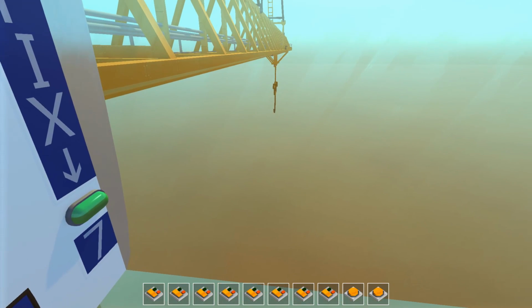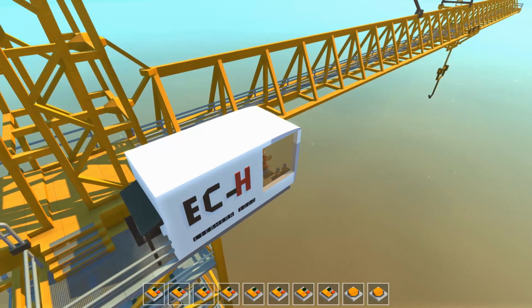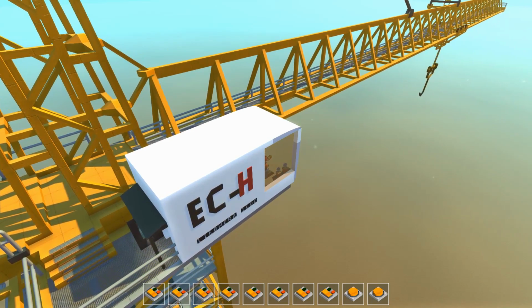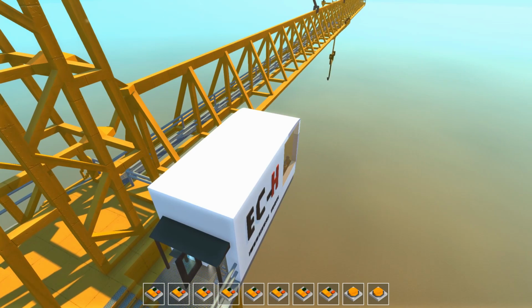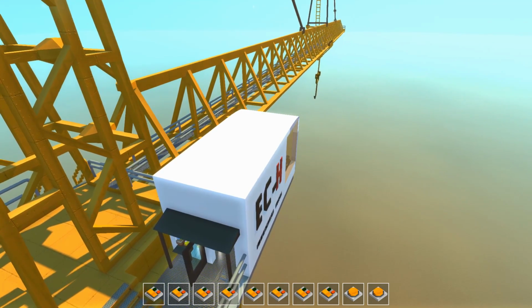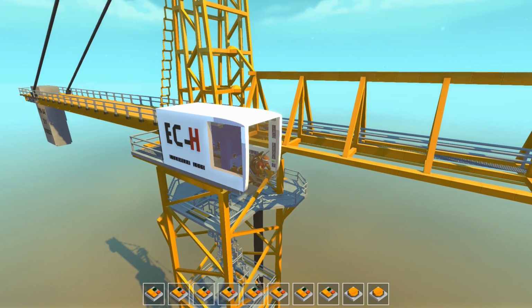So I think WASD will control it a little bit. Yeah, look at this, guys. We can turn the crane to the left like so. Now, it's not really fast, obviously, but I don't think in real life a crane like this would be very fast anyway. Okay, so 2 is the counterweight in the back there, so I guess that controls a little bit